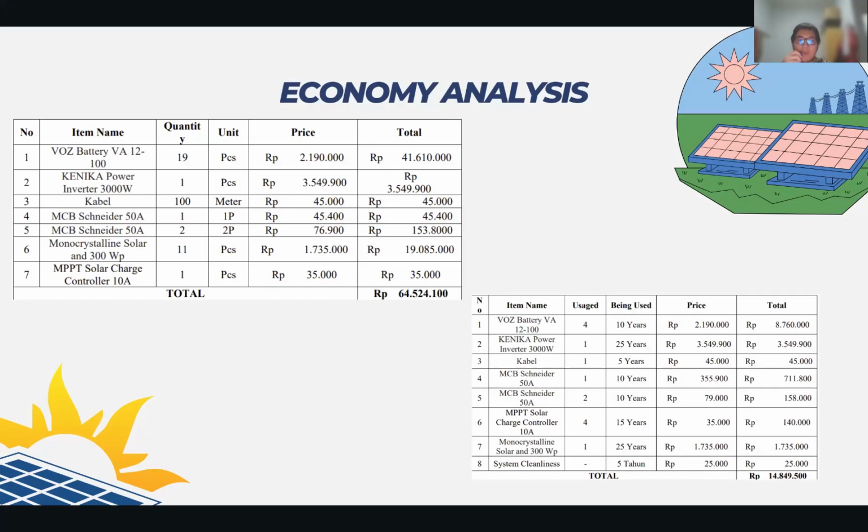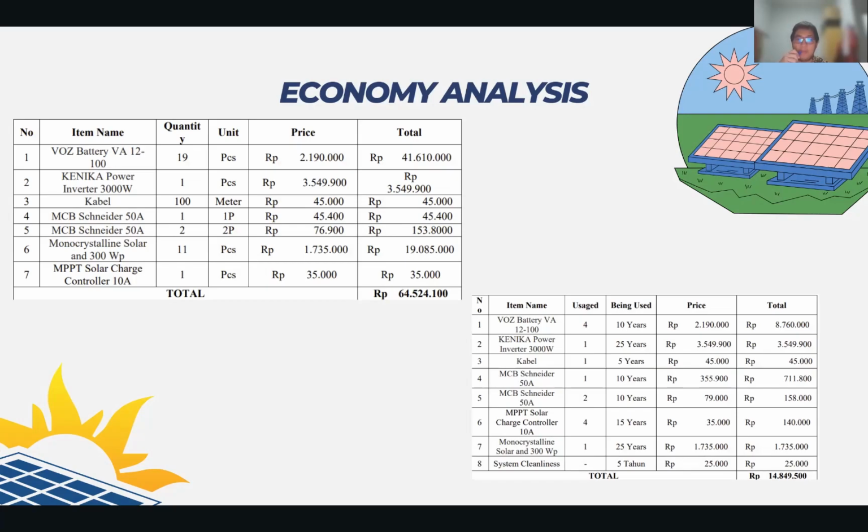And the second is for MCB. I need the 1P and the 2P. 1P for one, 2P is two pieces that I need. For 1P, it's around 45,400. And for MCB 2P, one is 76,900 because I need two pieces. So it's around